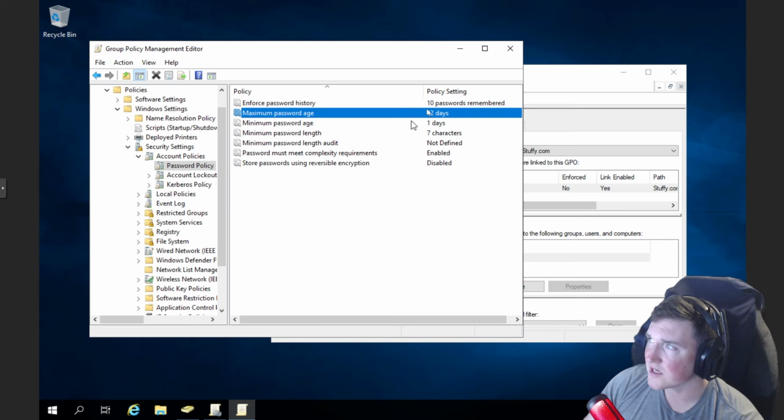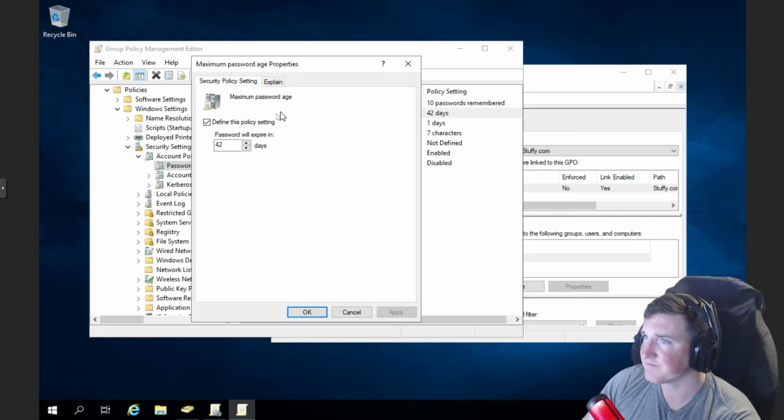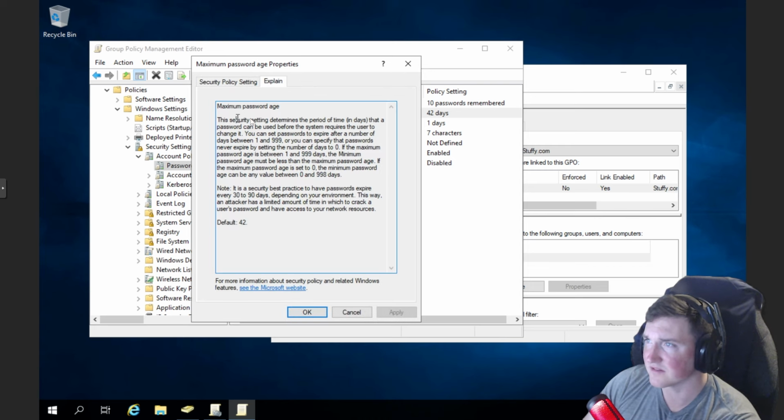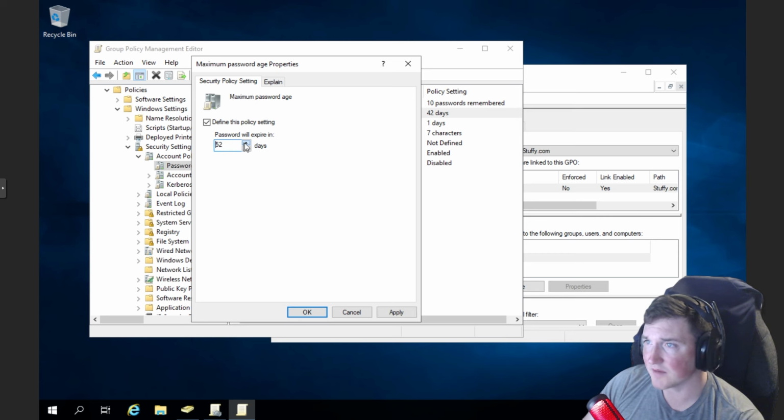Maximum password age. So we'll double click this one and read it. So always go to the explain. Determines the period of time that a password can be used before the system requires them to change it. So 42 days is a very specific amount. I don't want to change my password every 42 days. So the users, I'm going to set,